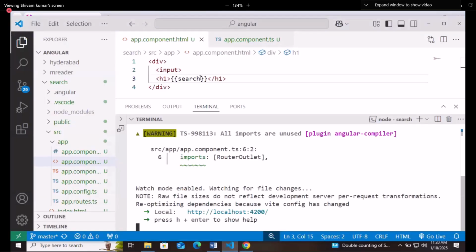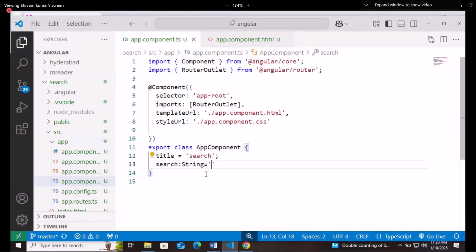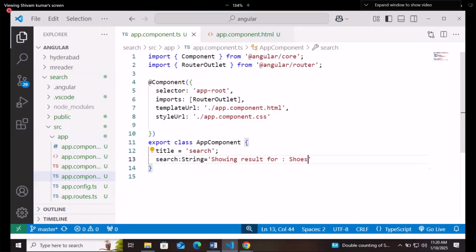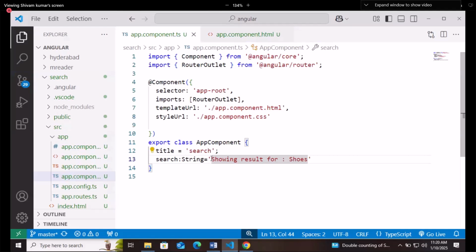In the heading nothing is coming because in the component we are not writing anything. So here let me write showing result for shoes, something like that. I'm showing that showing result for shoes, and in this heading it is coming because the values are getting written by the string interpolation. If I remove this part